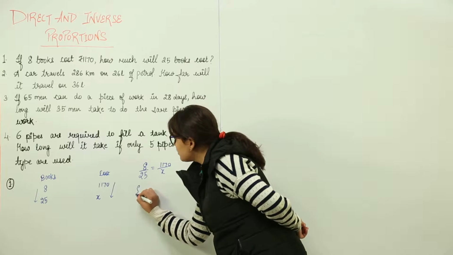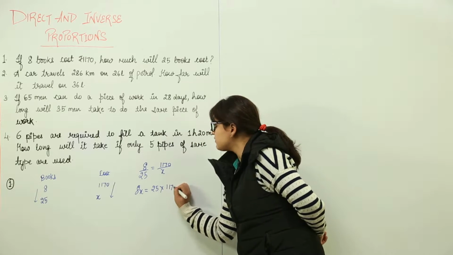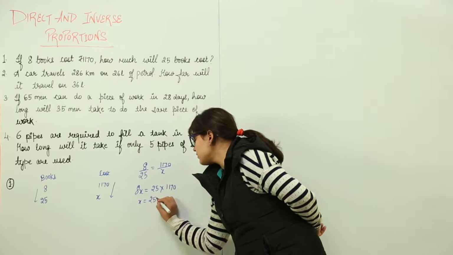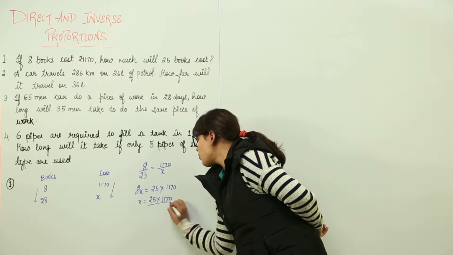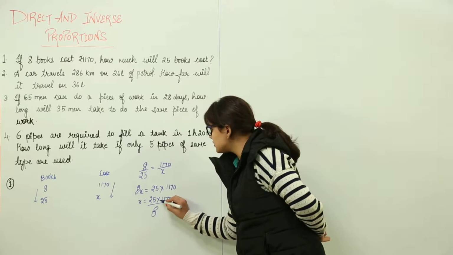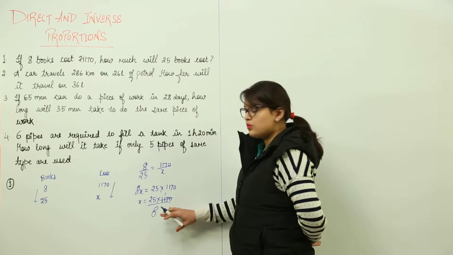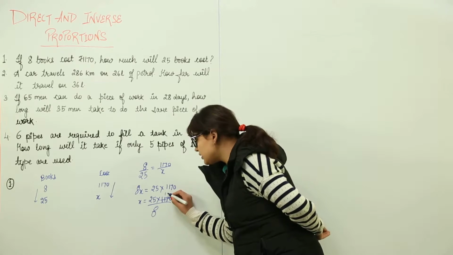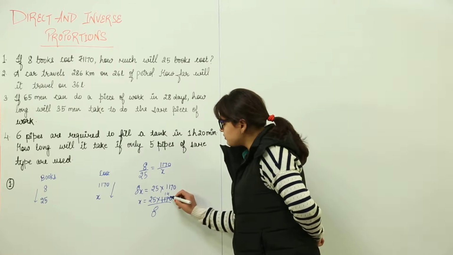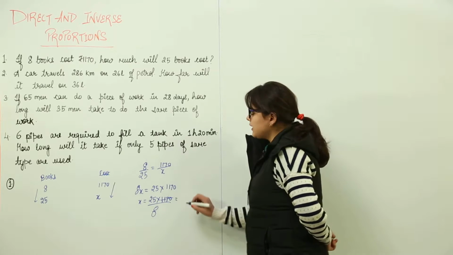Now we cross multiply and we get 8x equal to 25 into 1170. Now how do we solve for x? We write x equal to 25 into 1170 over 8. Now if it is possible to cut, you can cut it. Let us try for this one. 8 ones is 8, 9, 10, 11, 37. Can 8 go with 37 or not? 8 5s is 40, 8 4s is 32. It goes with 4, 32, 35, 36, 37, 30. No, it is not going with 8. Then what are we supposed to do? We will only multiply and divide it by 8.